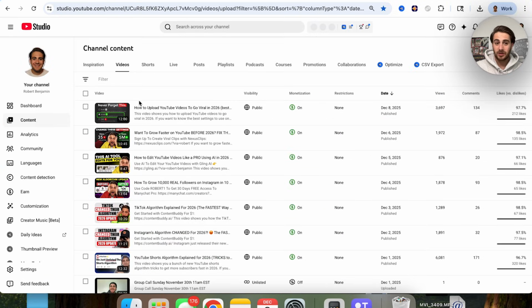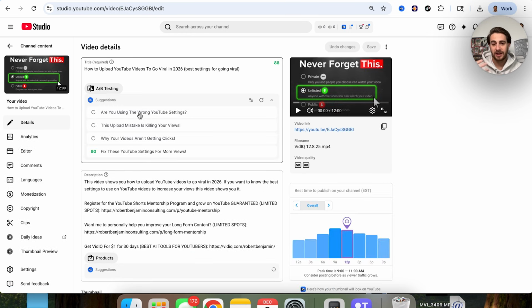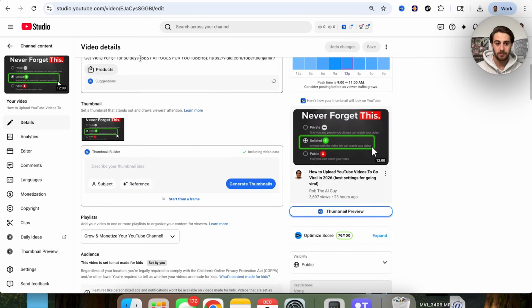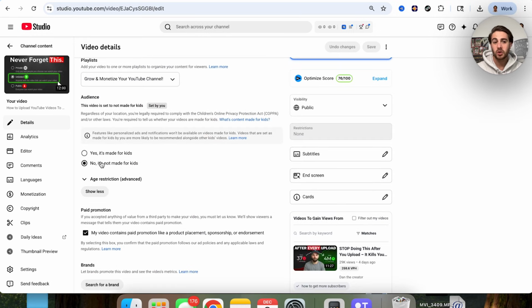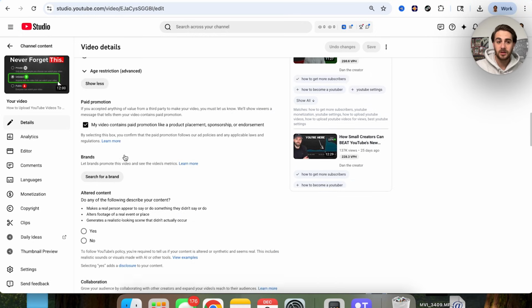Now, the next thing you need to make sure you're doing is actually using the right settings. But what's even more important than that is I want to make sure that you're not using the wrong settings. So you need a title here with a high title score. You need a description here that has the same keywords from your title at least 2 to 3 times. If we scroll down a little bit, you want to make sure that this is marked no, it's not made for kids unless your video is actually made for kids. For example, you do like an ABC video, then mark that yes. Otherwise, it should be marked no.